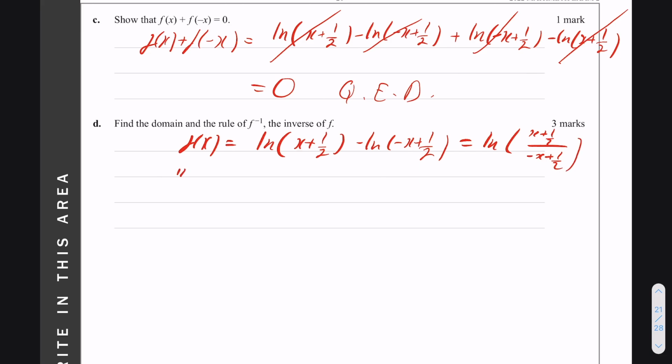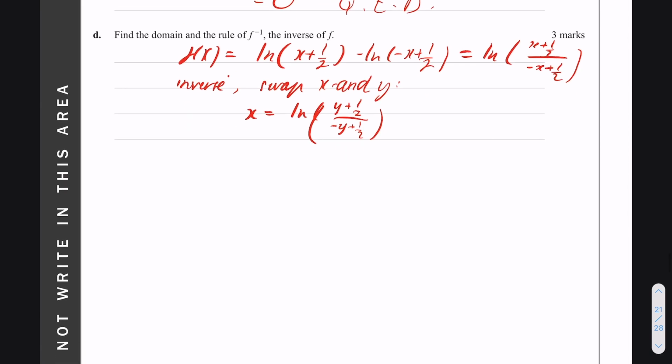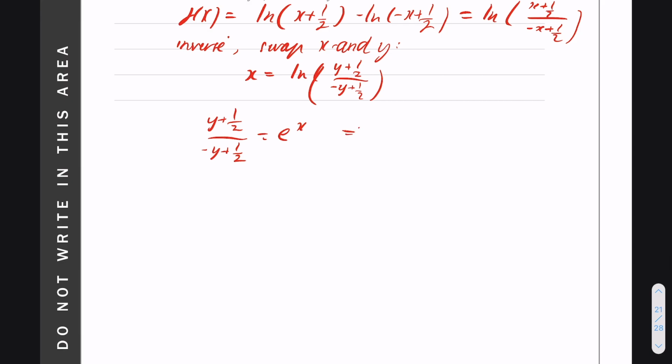And the inverse, swap x and y. So x is equal to ln y plus 1/2 over negative y plus 1/2. Meaning y plus 1/2 over negative y plus 1/2 equals e to the x. Now, if we multiply that over, y plus 1/2 equals e to the x times negative y plus 1/2,